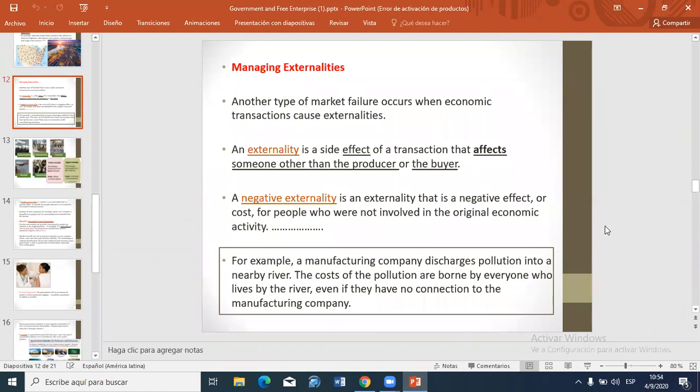On Wednesday we were talking about the failures that happen in this kind of enterprise system. We were talking about different kinds of failures. The free ride, where you avoid paying taxes. Those are examples of market failure. And there is also another group of examples of market failure, and they call it externalities. Another type of market failure occurs when economic transactions cause